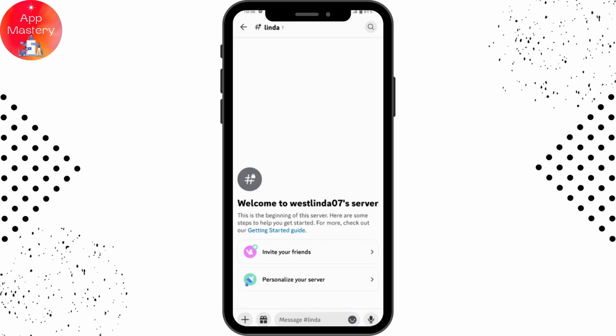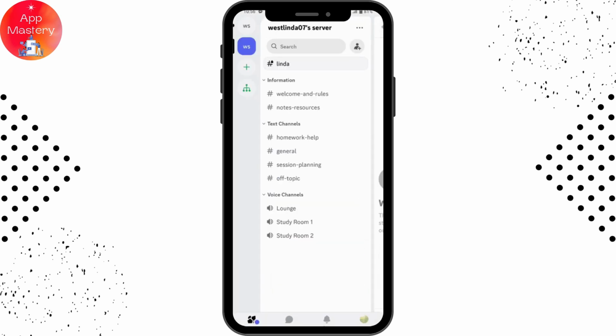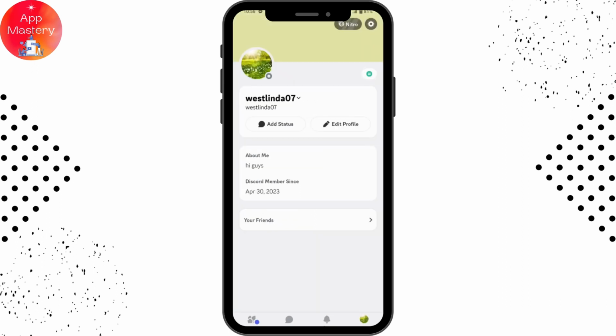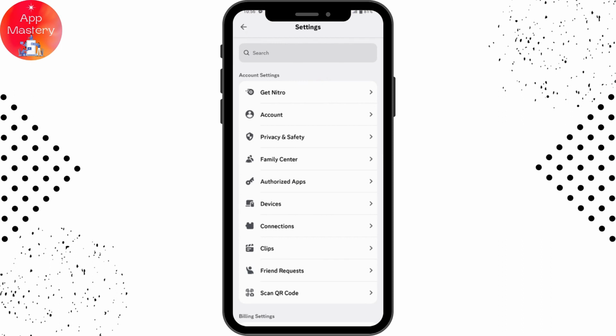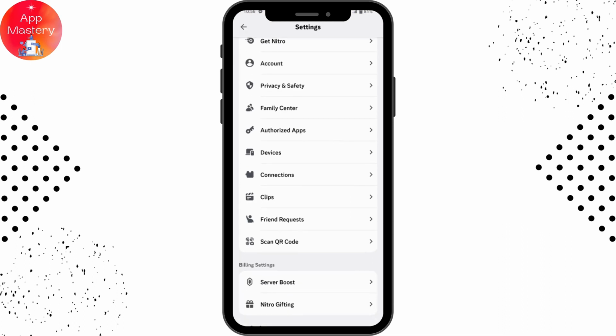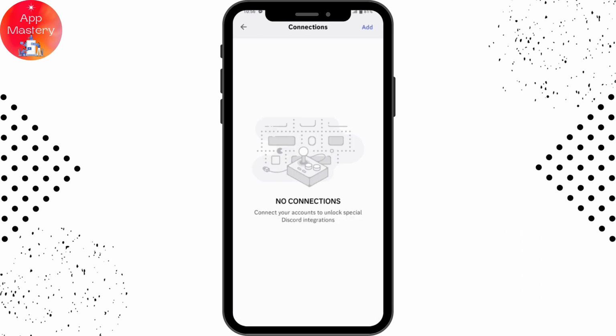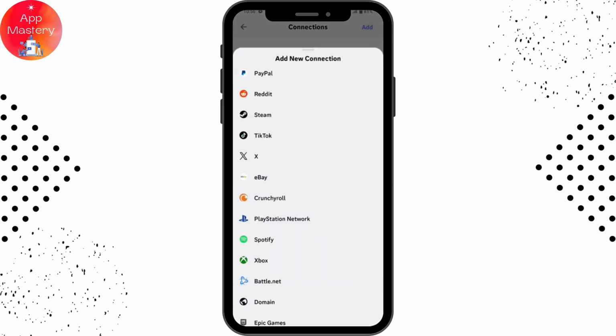Once you've logged in, you can go for the profile, which is on the bottom right, and then you can go for settings, which is on the upper right. Tap on settings, and here if you scroll down, you will find the connections option. Tap on connections and go for add, which is on the upper right, and from here you can choose Twitter